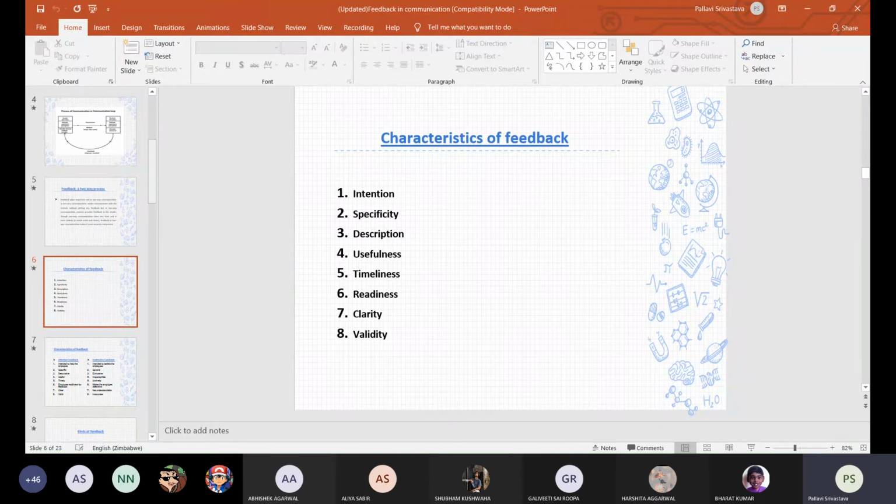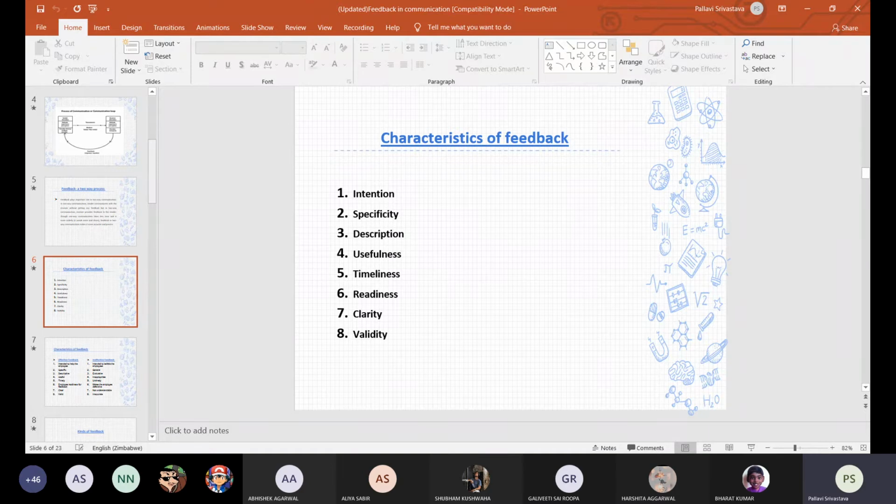In the same manner, if you want to find out whether your message, your feedback, was clear or not, you can ask the other person to explain the points, or you can ask them to repeat the points, so that you can find out whether they are clear with your message. The main thing is, do not use ambiguous words, which we have discussed earlier. All the barriers which we have discussed can be applied here while we are giving feedback. We should try to avoid those so that there is no confusion and the feedback is clear to them.